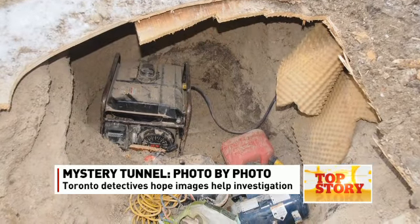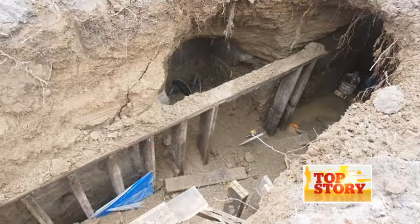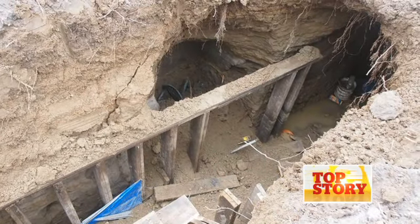I'll tell you what I do find somewhat encouraging against that theory, though, is the fact that a rosary was found there. And if these were jihadists that built this bunker, I don't think there'd be a rosary anywhere within 100 miles of the bunker. Yeah, so with a poppy on it. With a poppy on it. So, you know, I find that